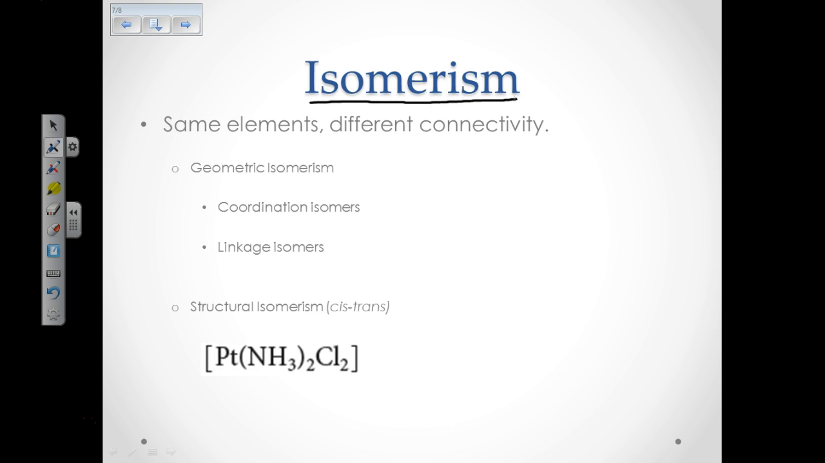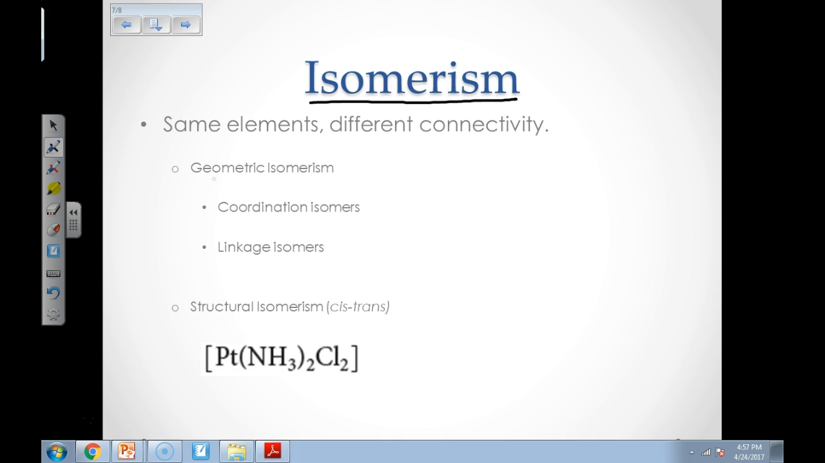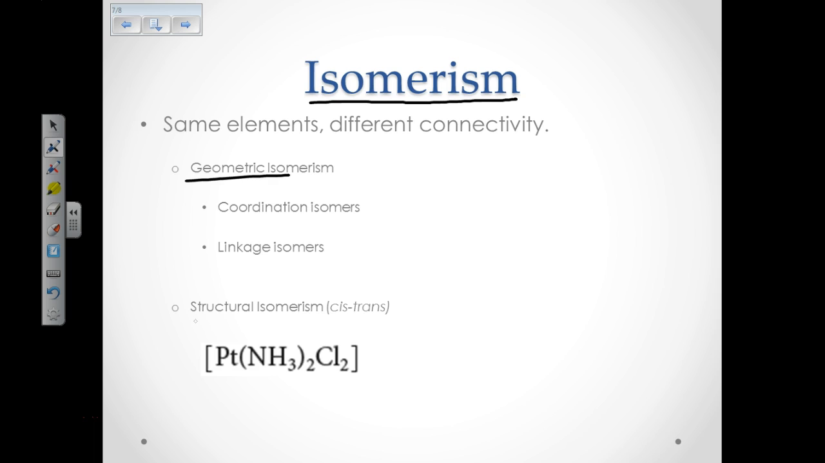Isomerism is when you have a compound that has the same formula, has all the same elements in it, but it's connected differently throughout the compound. And so when we're dealing with metal compounds, there are two classifications of isomerism that we deal with, and one of them is called geometric isomerism, and the second one is called structural isomerism. Okay, so geometric isomerism has to do